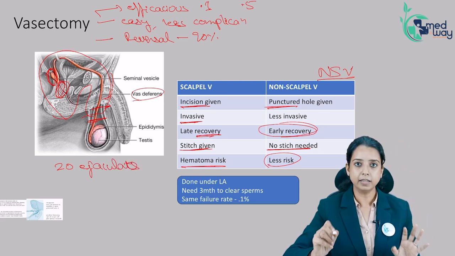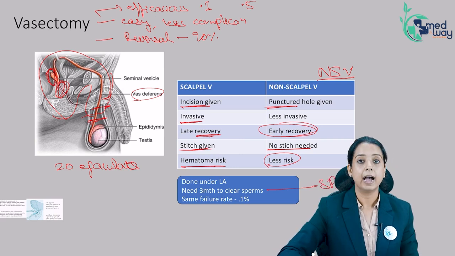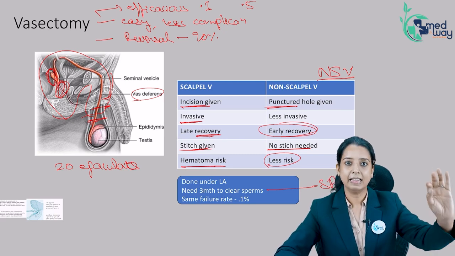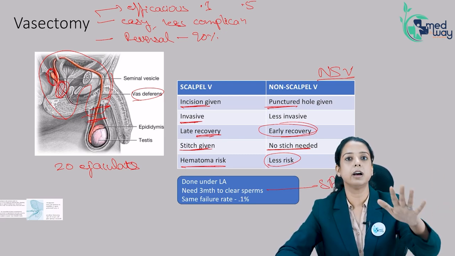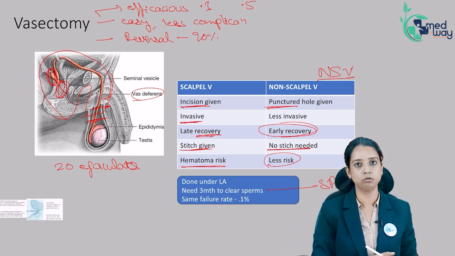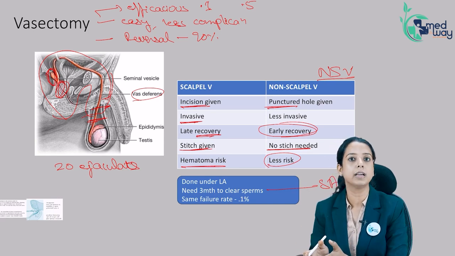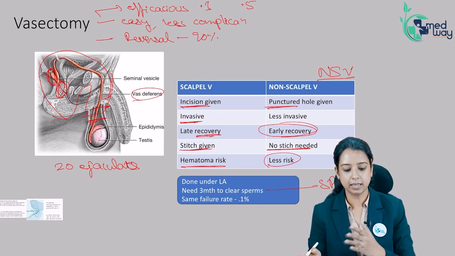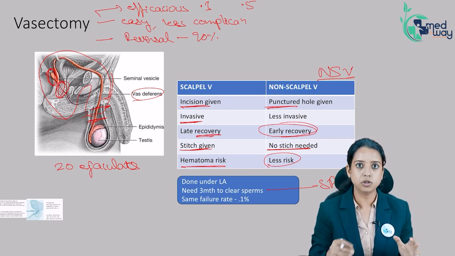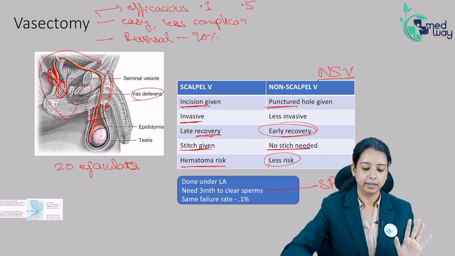So after 3 months, you do a semen analysis twice, and when the semen analysis shows no sperm, meaning azoospermia, only then you declare that the man is now sterilized. Got it? So, just like in the hysteroscopic method, where after 3 months you were checking for tubal patency, here also, after 3 months, you will check the semen analysis to make sure that all the sperms have washed out. Right?